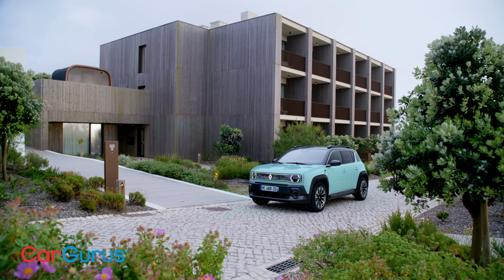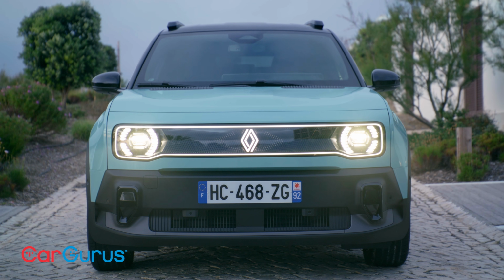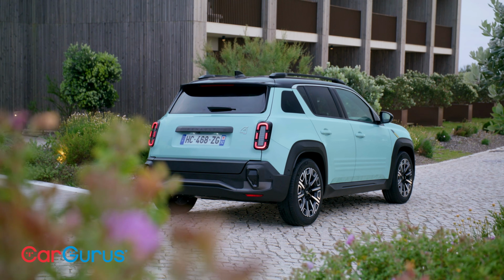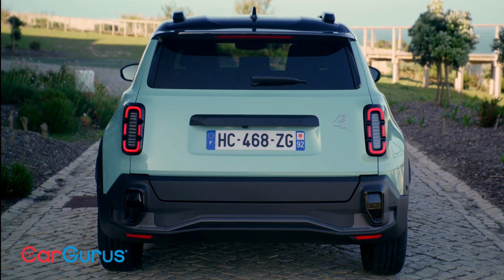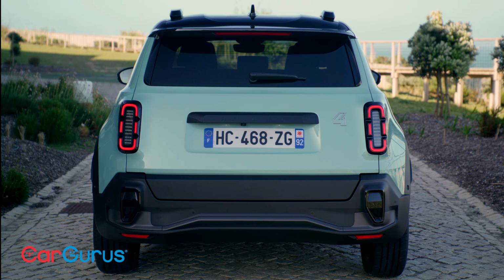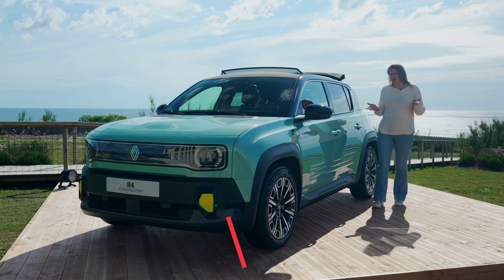The new Renault 5 has taken the world by storm, claiming all the awards and turning the heads of many buyers who'd previously not considered an electric car. So, can this new Renault 4, a bit bigger and a bit more practicality focused as it is, continue that success? That's right. You might have expected the 4 to be smaller than the 5 because that seems logical, and